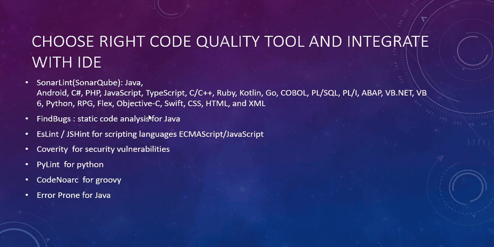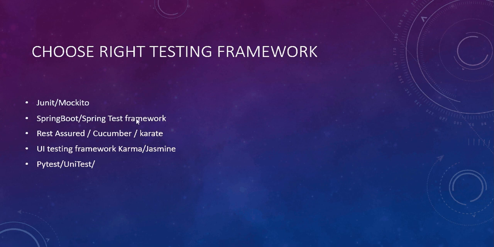Let's go with the next point. Choose the right testing framework. This is the follow-up on the previous slide. Once you have implemented the code quality tool, most of the issues related to the code are caught at the earlier stage. By chance, if anything is missed, then the testing framework comes to the rescue, where it needs to identify what bugs are still open. So we need to use some testing framework, so that it will simplify the development effort. With minimal effort, you can cover most of the test cases. You can easily write the test cases.